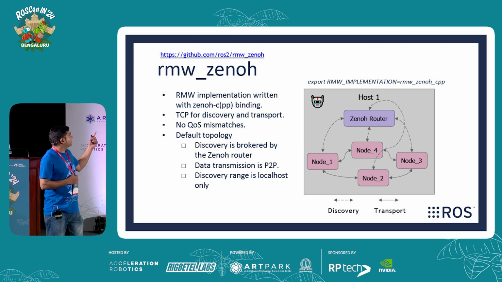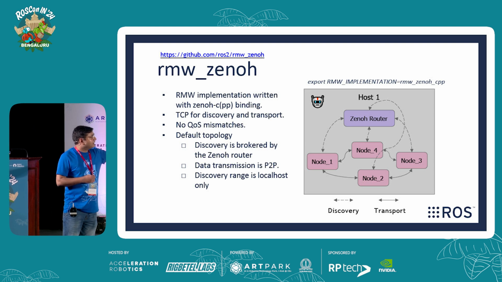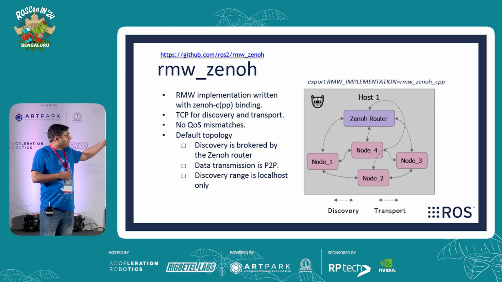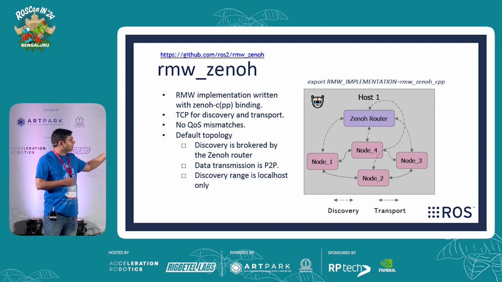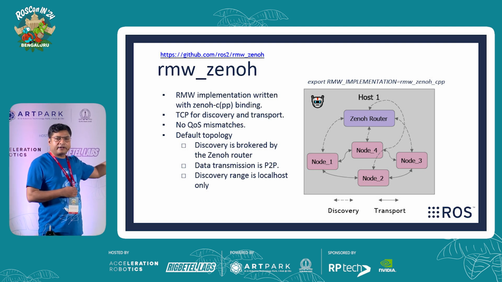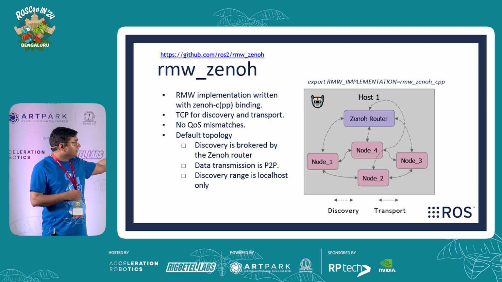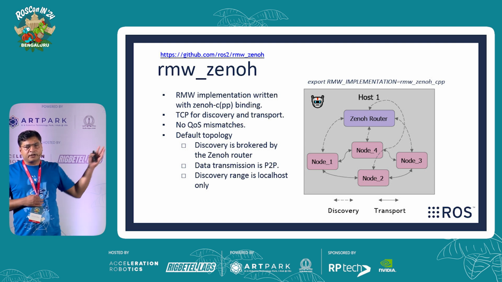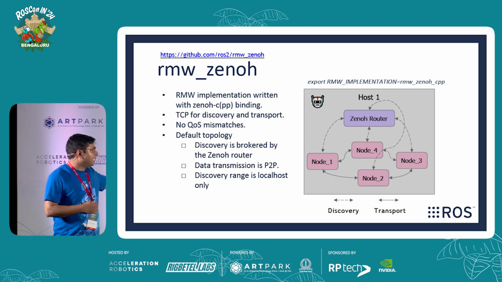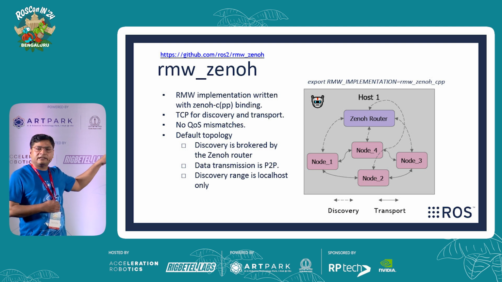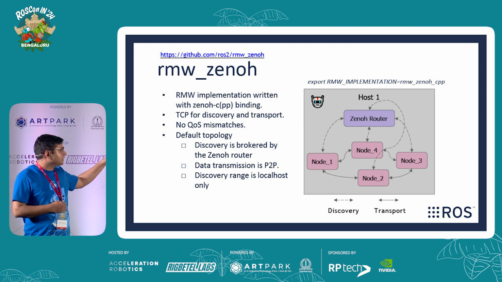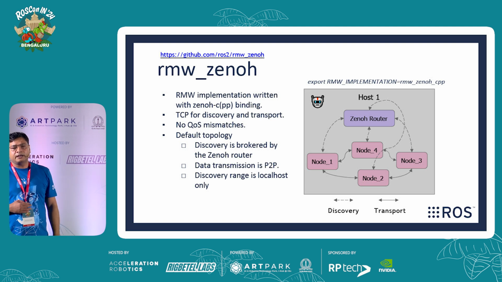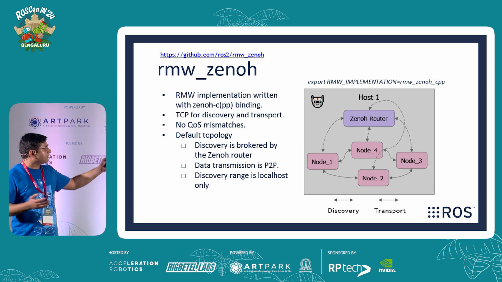So here we come to RMW Zenoh. This is communication between hosts. We have a robot, and within the robot we have different nodes or different applications running. They need to communicate to exchange the data. For that we use Zenoh. For the discovery, all the time we use the Zenoh router. The router does all the discovery on the TCP network, and after that we use TCP peer-to-peer communication between the nodes. When our router goes down, there is no problem with the communication from node